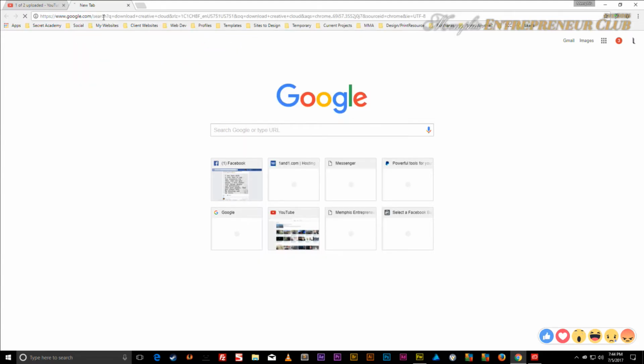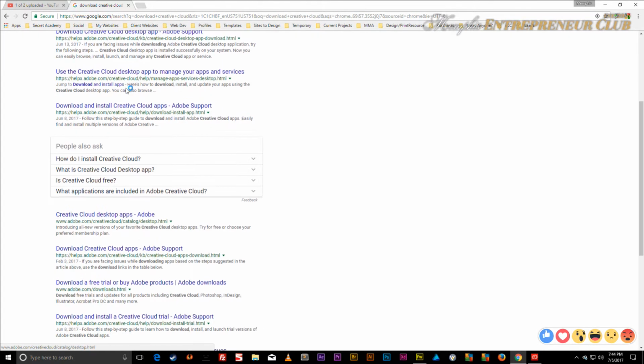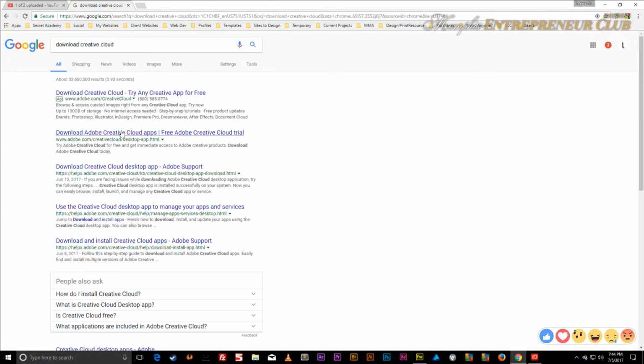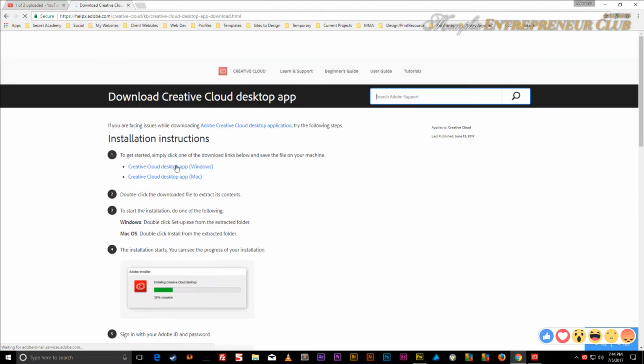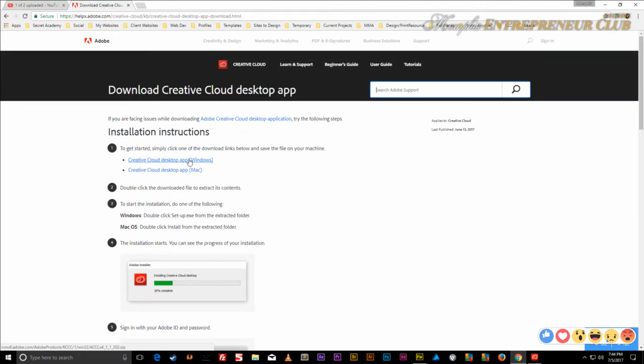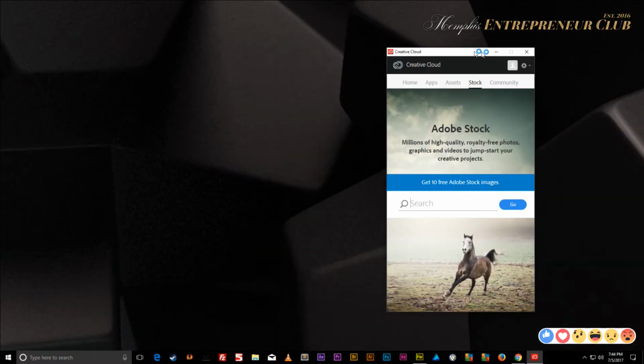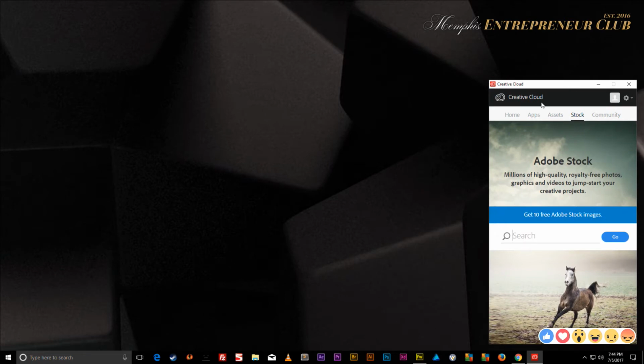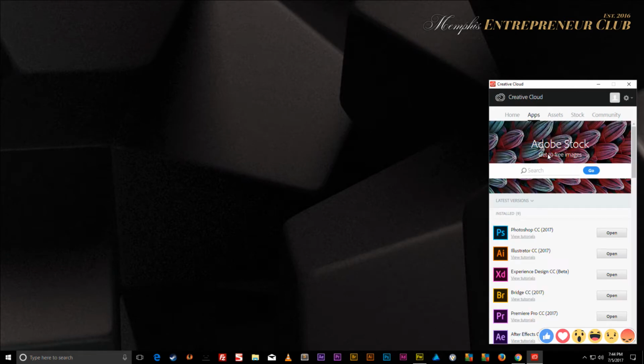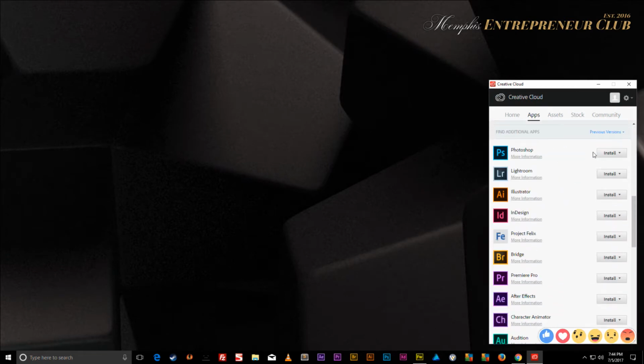We're going to type "download Creative Cloud" and search for the link that says "Download Creative Cloud desktop app Adobe support." Clicking this link gives you the option to download the Creative Cloud app for Windows or for Mac. Once you download that, you'll have this little pop-up that opens once you install Creative Cloud. You click on the Apps tab, and all of the apps that you have available to you will be here